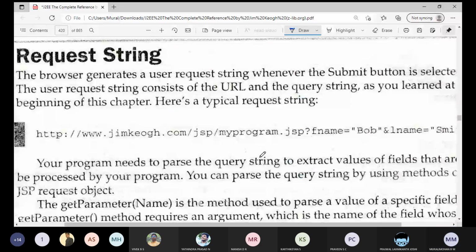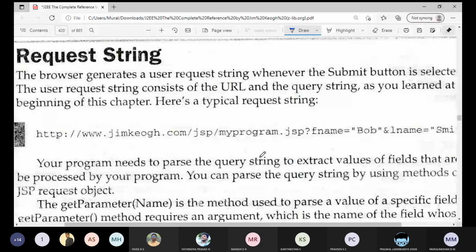Can you remember that request is nothing but a request string? So what will be there in this particular request string?